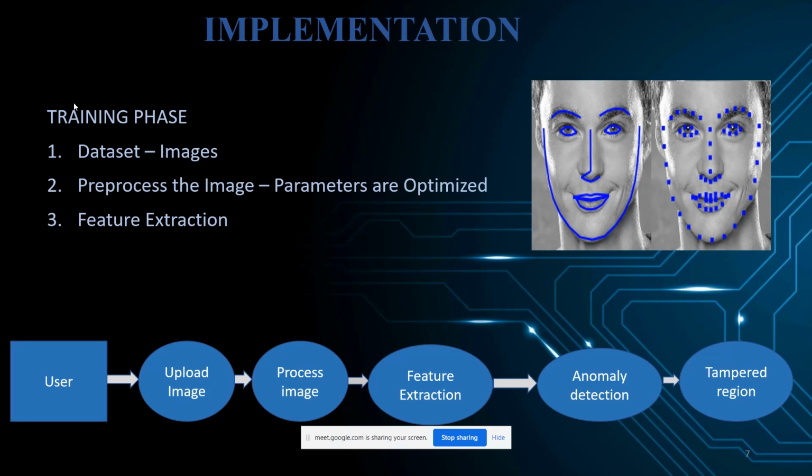Coming to the implementation, for training purpose, we are using the Keras API with TensorFlow backend, commenced with 800 steps per training epoch with a batch size of 32. The Adam optimizer is used to enhance training. The trained model is saved as an HDF5 file. Let us come to the process flow.